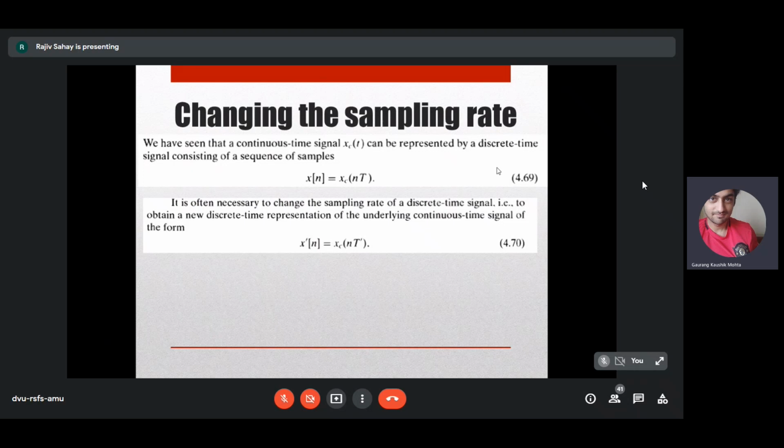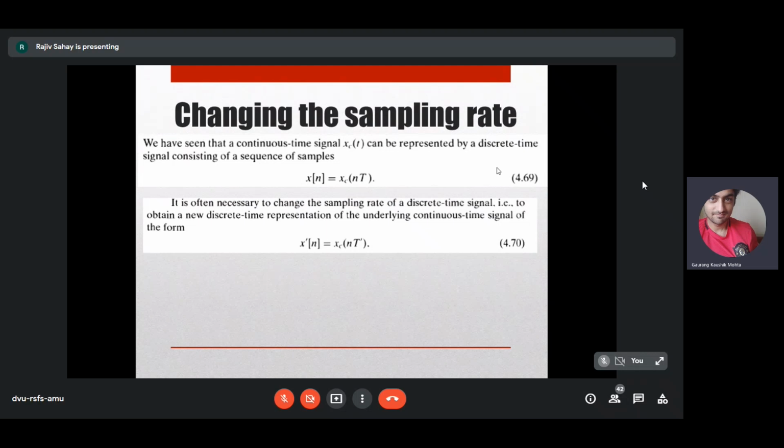So what will you do? You will skip alternating rows and columns. So you will keep the first row, and you will go to the third row. You will remove the second row. Similarly, you'll keep the first column, then you will go to the third column. You will remove the second column. So like that, if you do it for all the 200 columns, you will be left with a 100 column and 100 row image. That is a decimated or downsampled version of the original image.